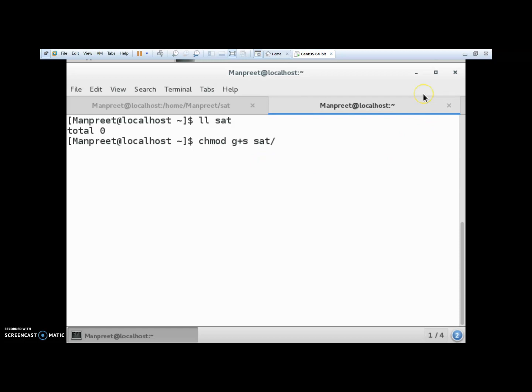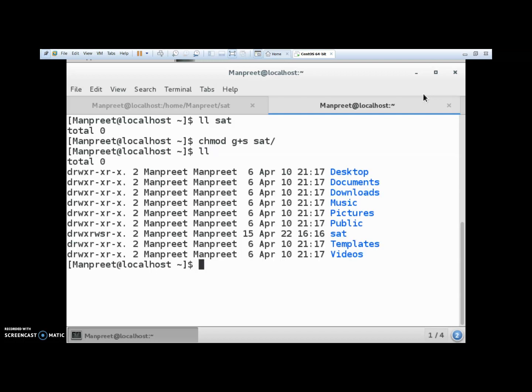So when I move inside this directory, you can see this set GID has been set over here.